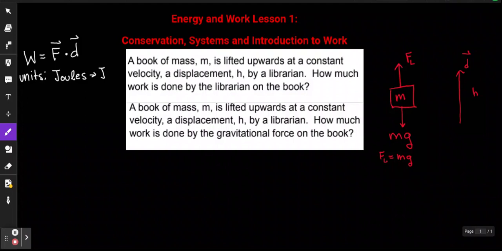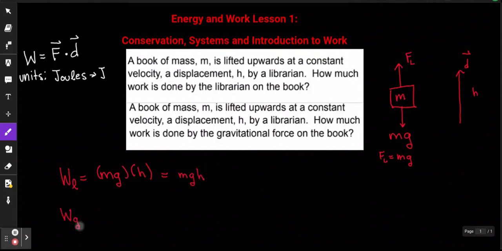However, this is asking for the work of each component. So we're going to have to take a look at the work done by the force of the librarian and by gravity, which is mg. So the work done by the librarian is equal to the force of the librarian, which is mg, times the displacement, which is h, and we know that it's positive cosine theta because it is 0 degrees, which means that it's positive 1. So the work done by the librarian is mgh,